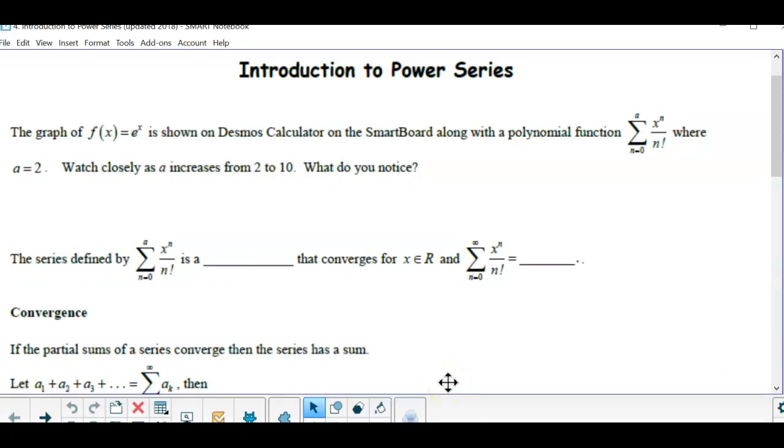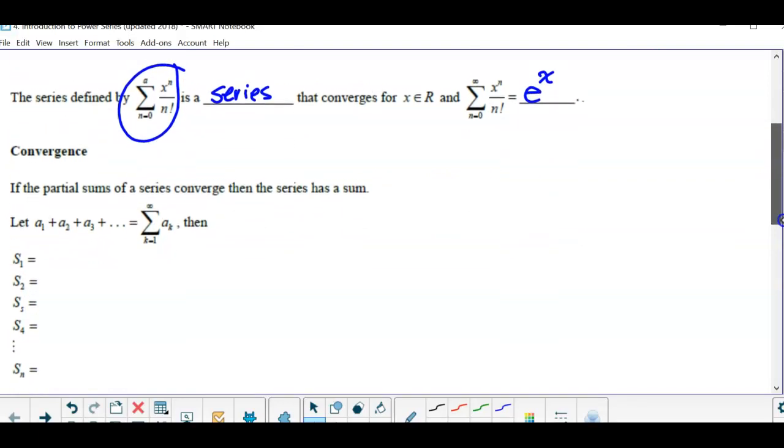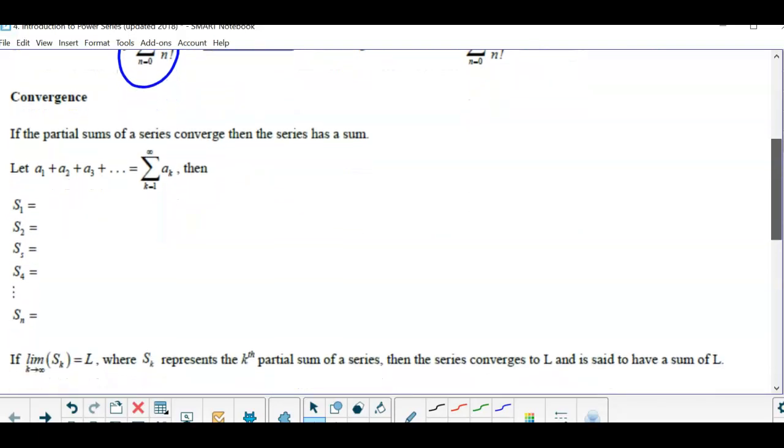So take a look back. That's what we just graphed. So the series defined here is a series that converges for x an element of the reals, and it converges to that function that we compared it to, e to the x. Okay, so it's approaching e to the x. If the partial sums of a series have a sum,